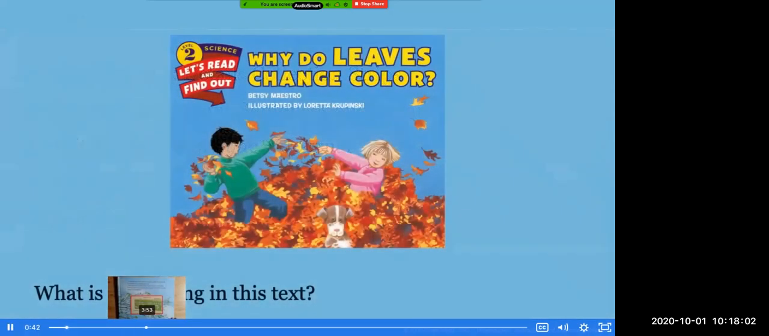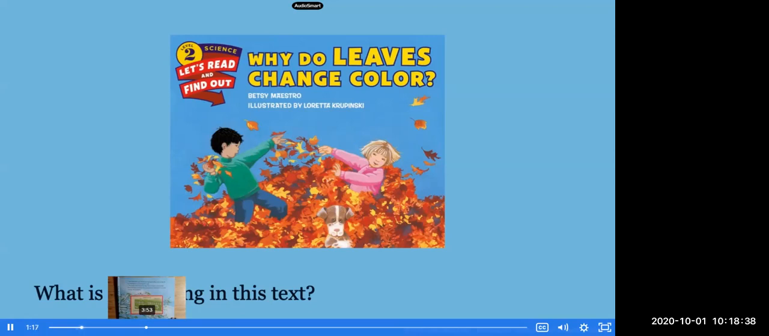Why Do Leaves Change Color is informational text. I see the word science, and I also read the sentence, let's read and find out. When I see those together, that makes me think as a reader that this is informational text. I will say that the cover of this book is a little tricky. Because the cover does not have a photograph, it can be a little tricky. So that's why as a reader, you need to look a little bit closer, and those words in the corner